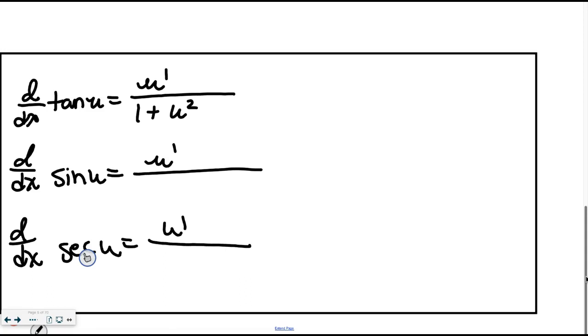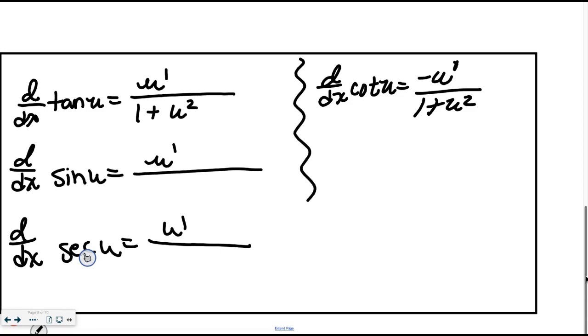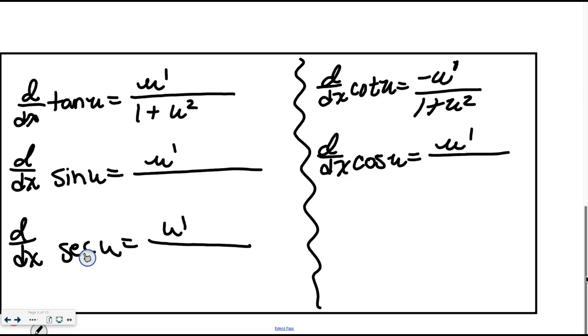Now, the only thing that happens with the cofunctions, and we could prove it, I could do the same argument up above with cotangent, but the only change is you end up getting a negative u prime over 1 plus u squared. You can try it if you don't believe me. We did it last year. So the cofunctions really don't require any more memorizing. It's just like this: cosine is the same as sine, always has u prime on the top of it, just negative. Same with the derivative